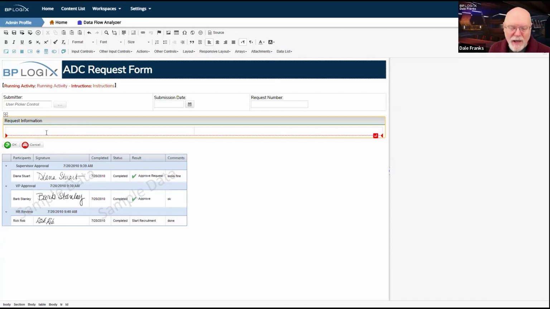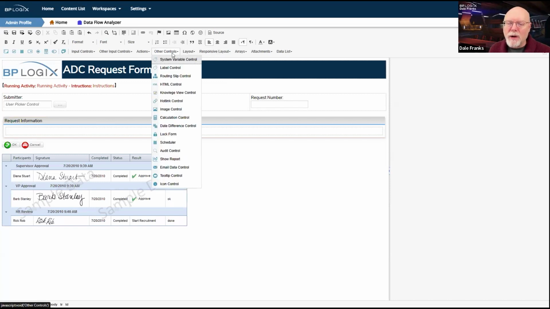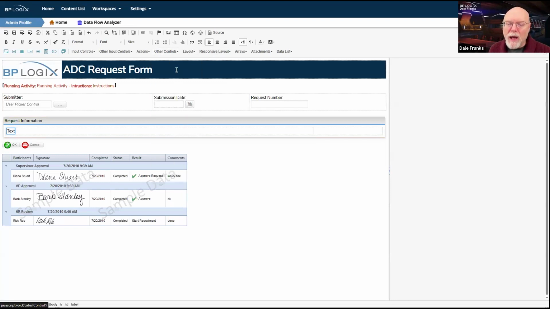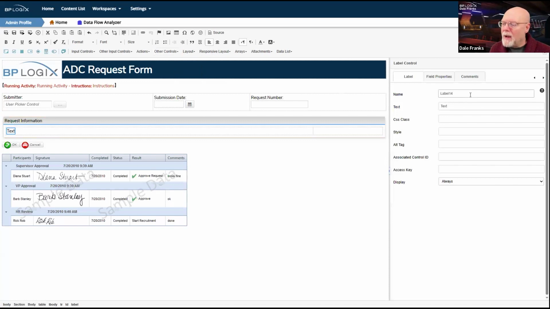So as I said, we're going to be handling multiple types of requests. I need the user to be able to choose the type of request that they're going to be submitting. So I'm going to need some sort of request type field. So to build that field, I'm going to need to do two things now. First thing I'm going to need to do is go to Other Controls and go to Label Control. And I will call this